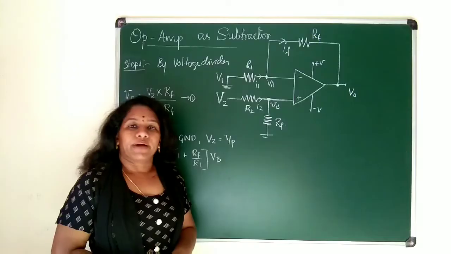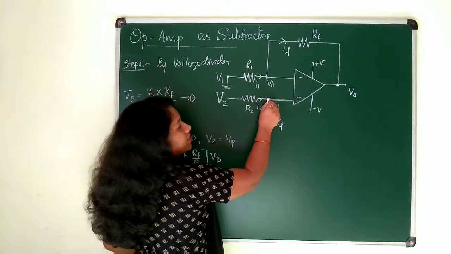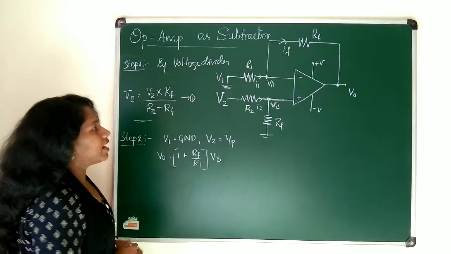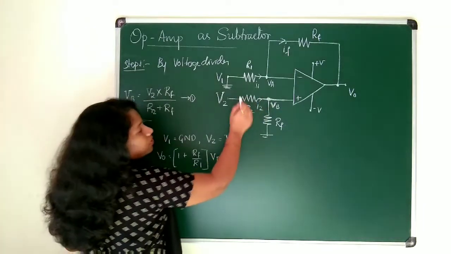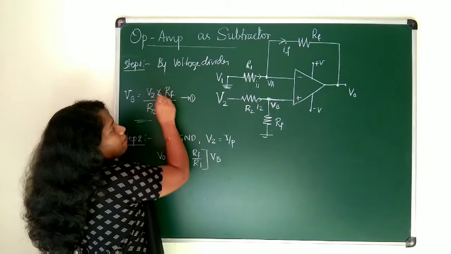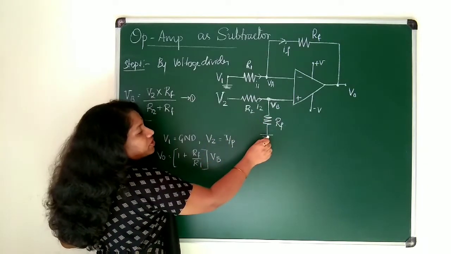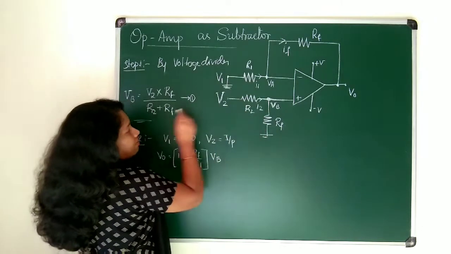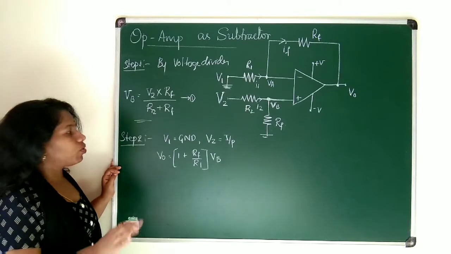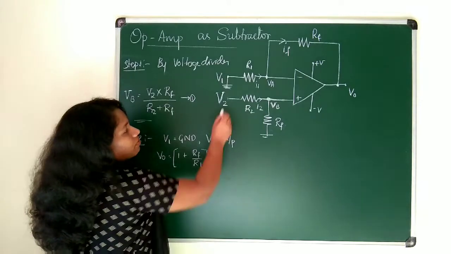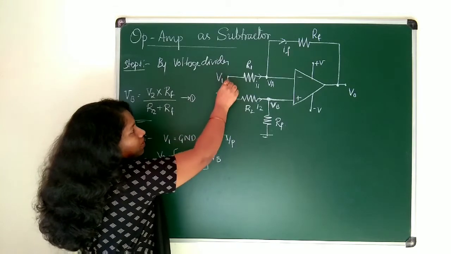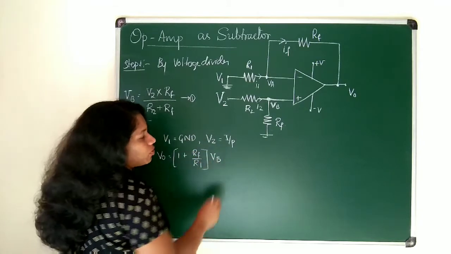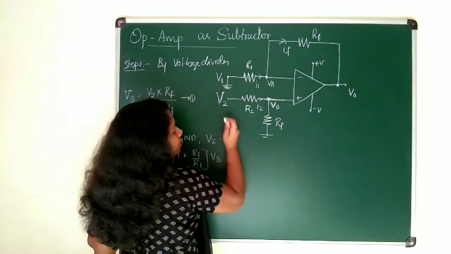Okay. So now by the voltage divider rule, I can find out the voltage at this point, that is VB. How to find that? The voltage divider rule says that to find VB, you need to take the V2 supply voltage multiplied by the resistance in the lower potential, that is RF, divided by the sum of the resistances R2 plus RF. That is your VB. Okay, this is over. Next, in step 2, we will be applying V2 and V1 is grounded.